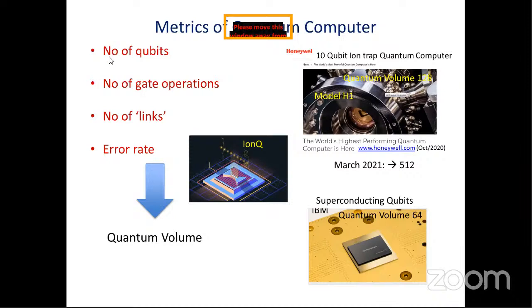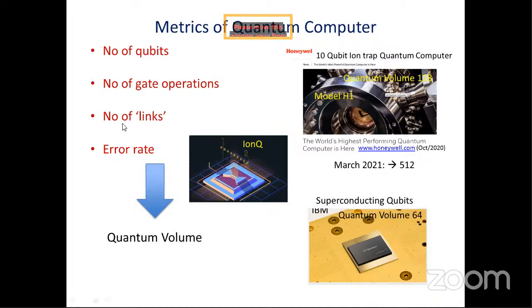First of all, it depends upon how many qubits you have in your system. Like in a classical computer, you have 32 or 64 bits that decide the length of the basic registers used for processing all the information. In this case, it's the number of qubits. And how many gate operations can you do on these qubits before the qubit loses its coherence? I'll come to what I mean by coherence very soon.